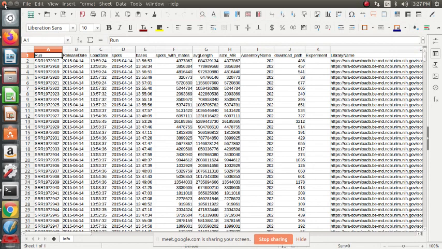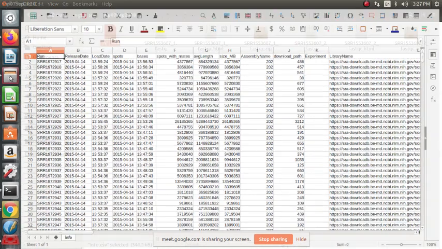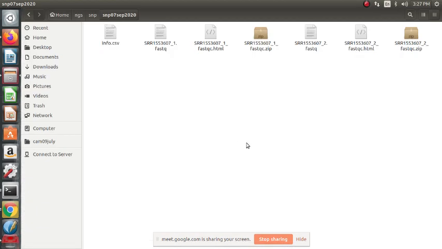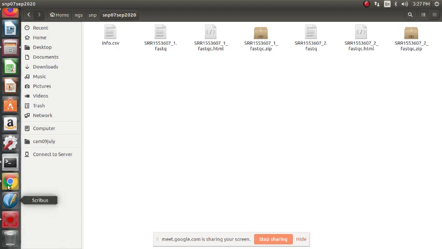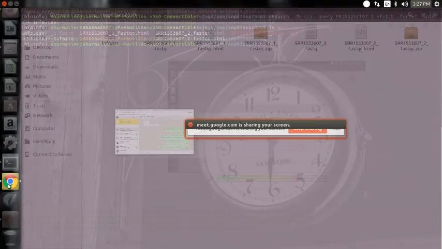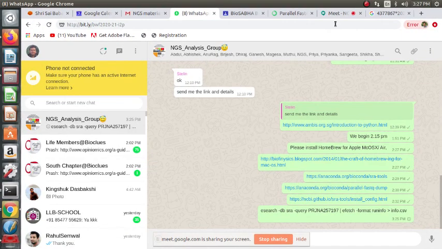Okay, so it's clear. Yes, it's very clear. It's just opening a file normally as we do, in a graphical user interface. But where will I find all these info CSV and all?